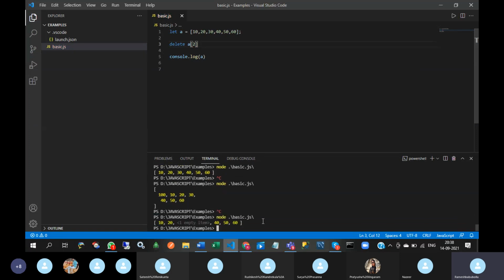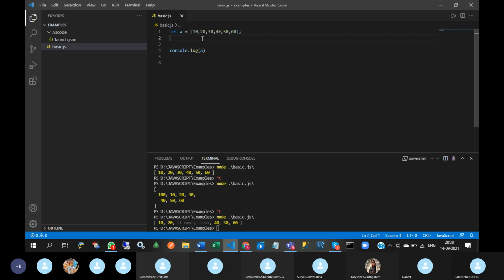Then see this. So element 30 will be deleted, and it leaves undefined holes in the array. Okay, so that's why we don't go for delete operation.